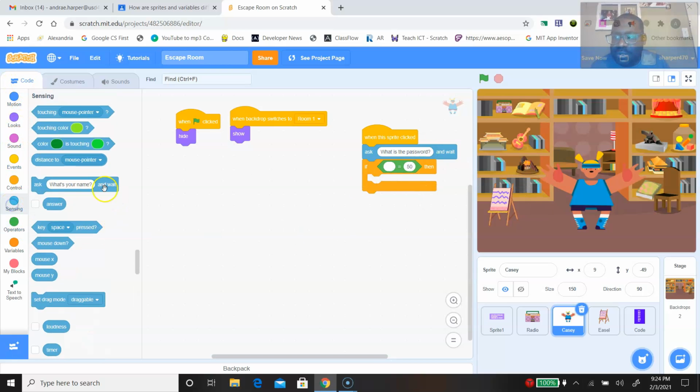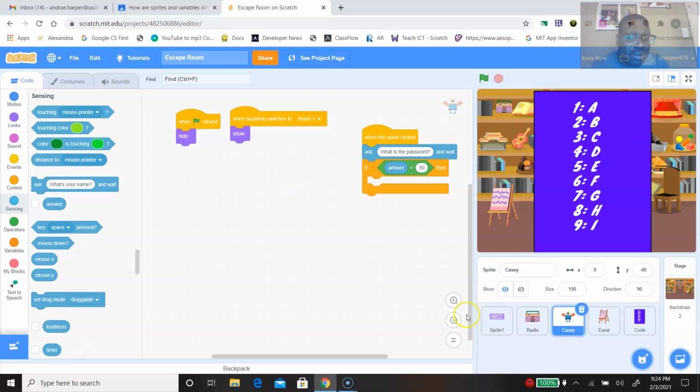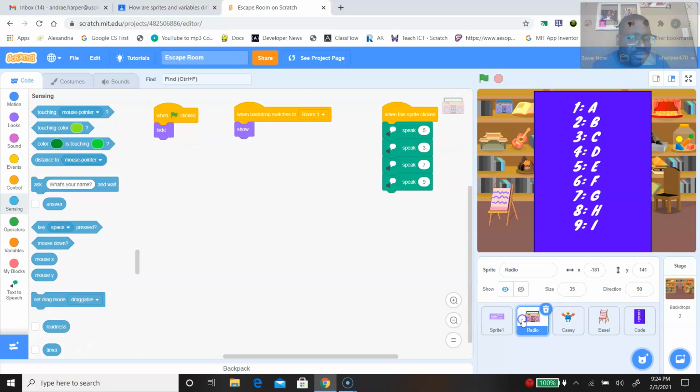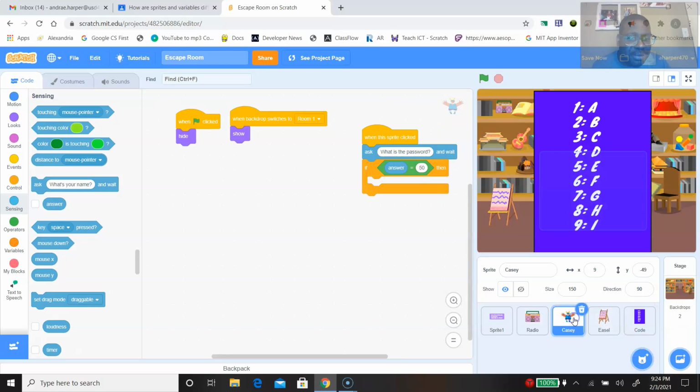So we're going to go sensing if our answer equals, and what does 5, so our code here, see if I can remember what it was, it's 5379. So 5 is E, C, E, C, G, I, E, C, G, I. So I want to remember that. I'll go over here. If the answer equals